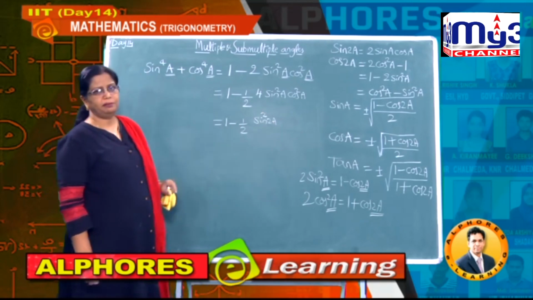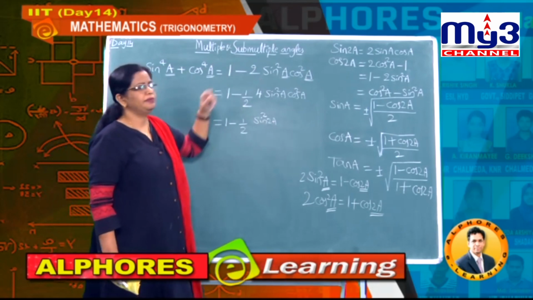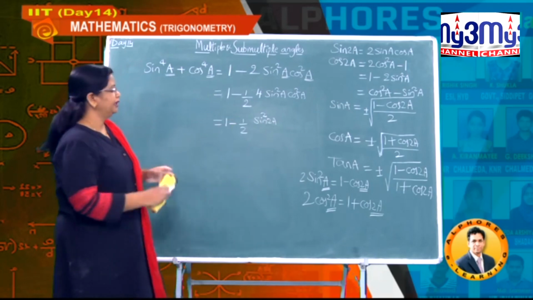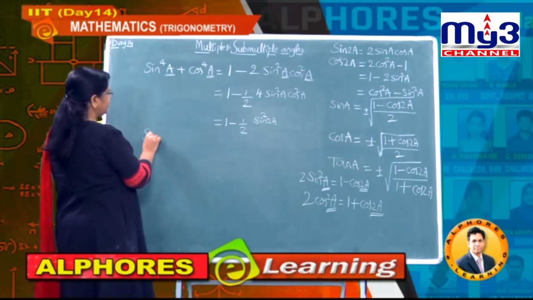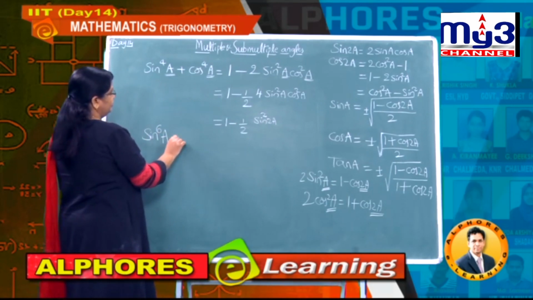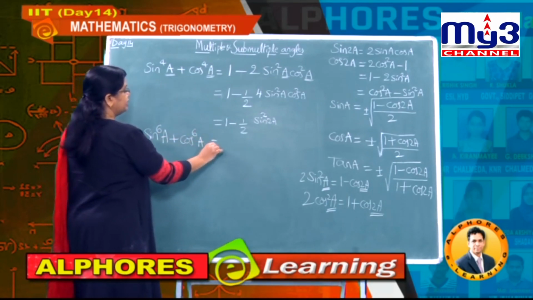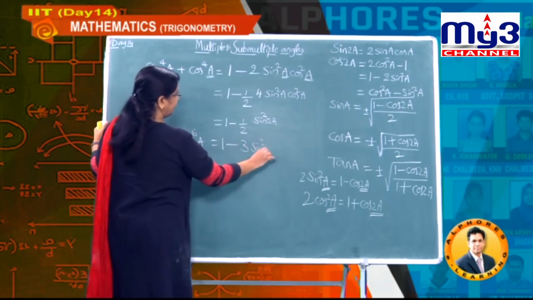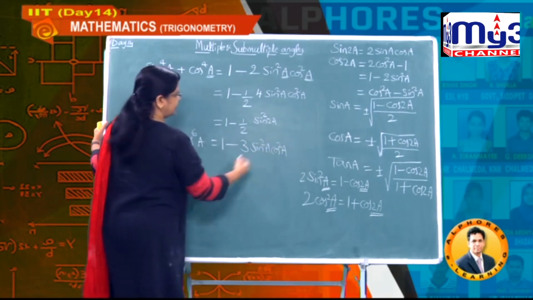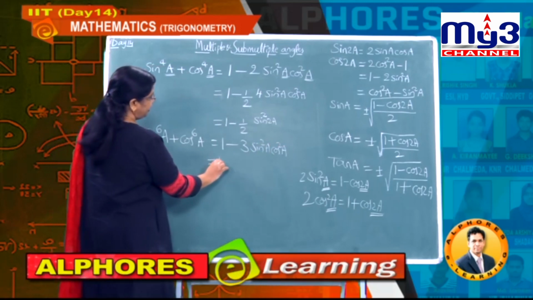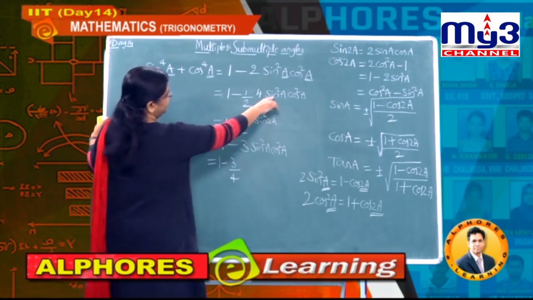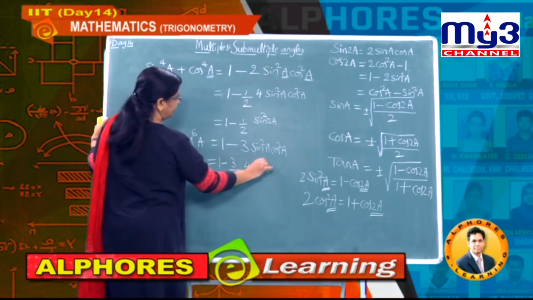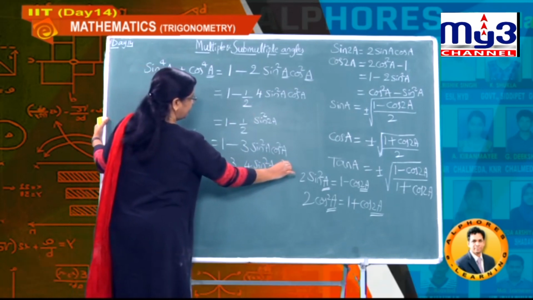Therefore sin power 4A plus cos power 4A, in addition to the earlier formula, you got which other value? 1 minus half sin square 2A. And next one we have sin to the power of 6A plus cos to the power of 6A. What is this value? We know it is exactly 1 minus 3 times sin square A cos square A. So this is the value, and then we multiply and divide by 4, because we want to write exactly like this. Here there is no 4 value, so we multiplied and divided by 4, and hence you got this value.